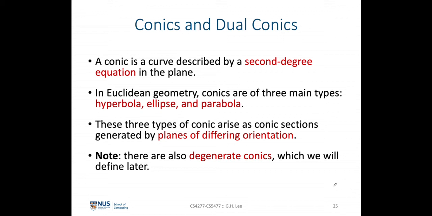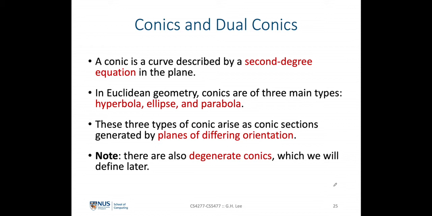So after looking at the homogeneous representation of points and lines, we'll now look at the representation of conics in the projective 2D space. A conic is a curve described by a second degree polynomial equation in the plane on the Cartesian coordinates. In Euclidean geometry, conics are of three main types, namely the hyperbola, the ellipse, as well as the parabola. And we'll see in the next slide how these three different types of conics are